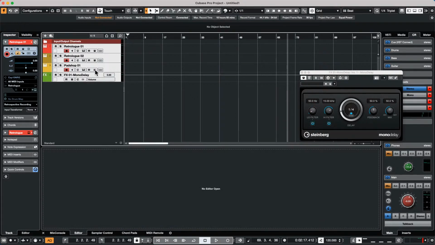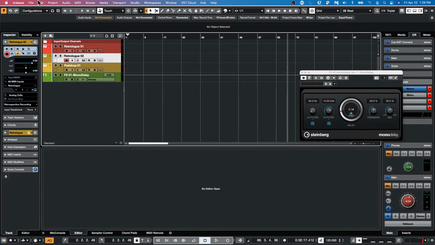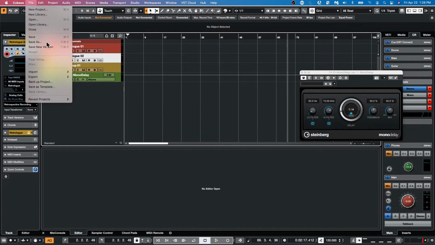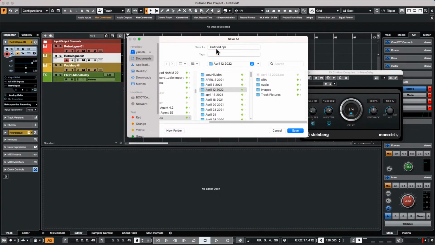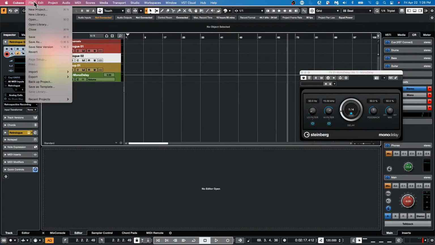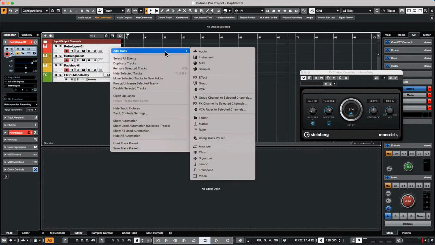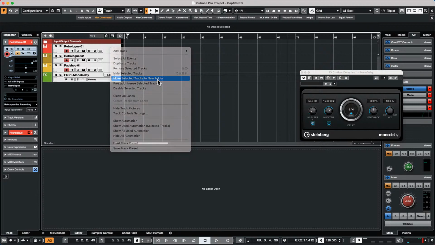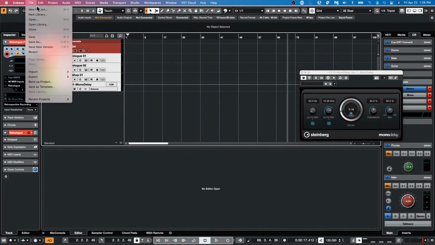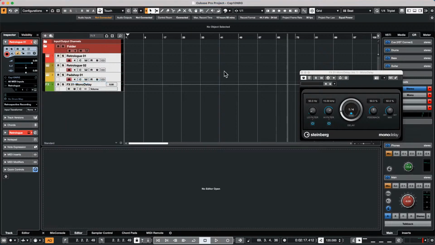Also, if we save this in a particular project, so let's say we'll save this project. And at this point, let's say even if we have these all in a folder, so let's move these to a new folder, and let's go ahead and save this project. And now we could choose to import tracks from project,